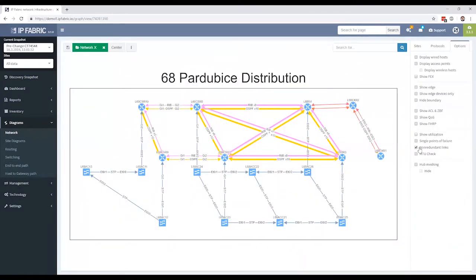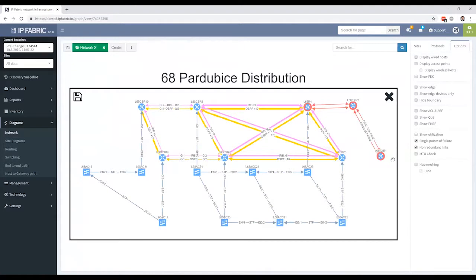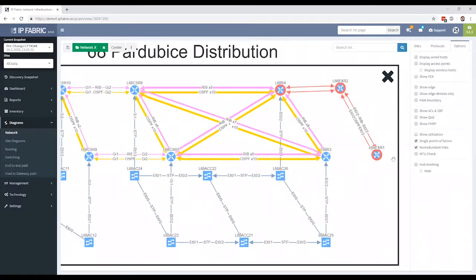To see exactly where the redundancy is missing, we can visualize the part of the network that needs changing, and see exactly where the change needs to happen. In this design, there is a redundancy missing